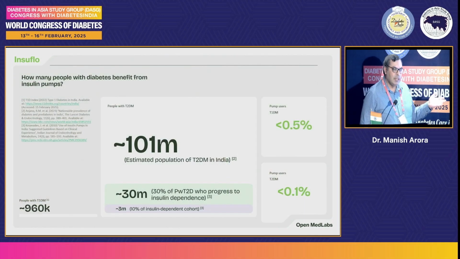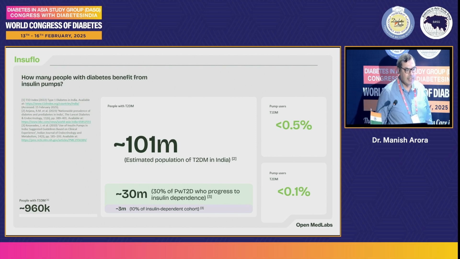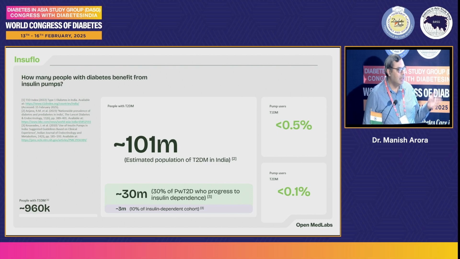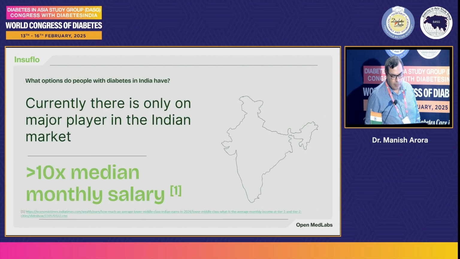Numbers are large, of course, in India. We have about 10 lakh people in India who have type 1 diabetes. Only 0.5% of them are able to use the pump. In Western society where it's covered by insurance, 30%, 40% easily is covered. In some places, up to 60, 70% of people are using them. Again, there are other challenges with using pumps, so not everybody is using them. Of course, in the type 2 diabetic space there are also people who are insulin dependent and they might also benefit from it, but we have to build sufficient studies to prove that.